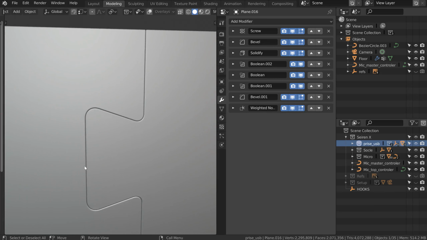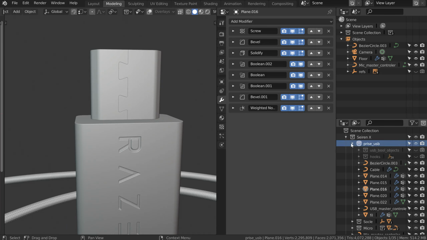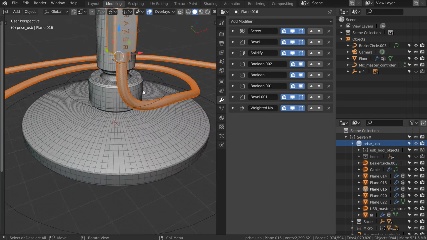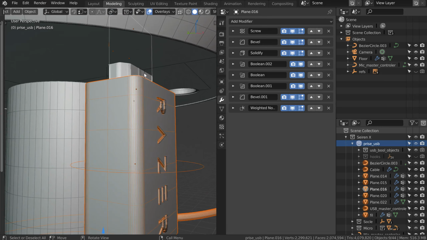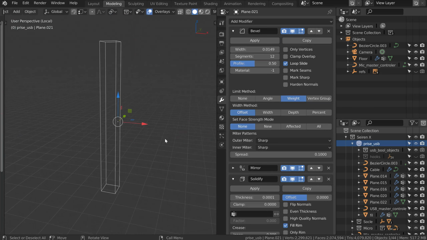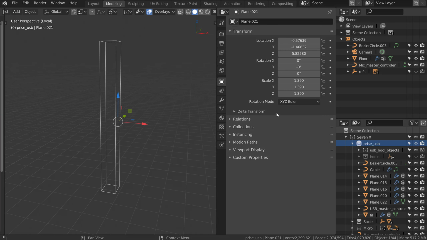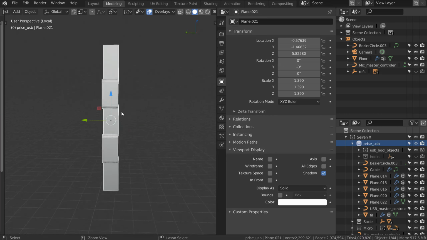As you can see here, I have this, and the bool object for this one is pretty simple. I will just show the bool object. I will click here. I will exit the local view, just to show you. Here I have my local view. I have this one normally. Yes, it seems to be this one. Where is my viewport display? Here, I make it solid, I will have this.